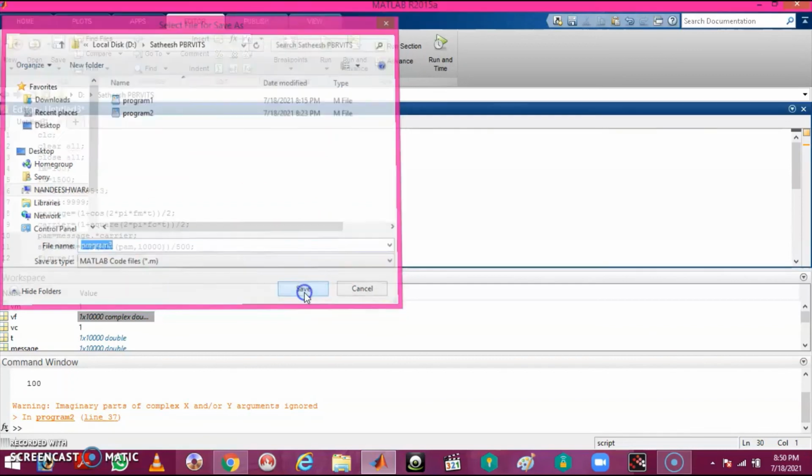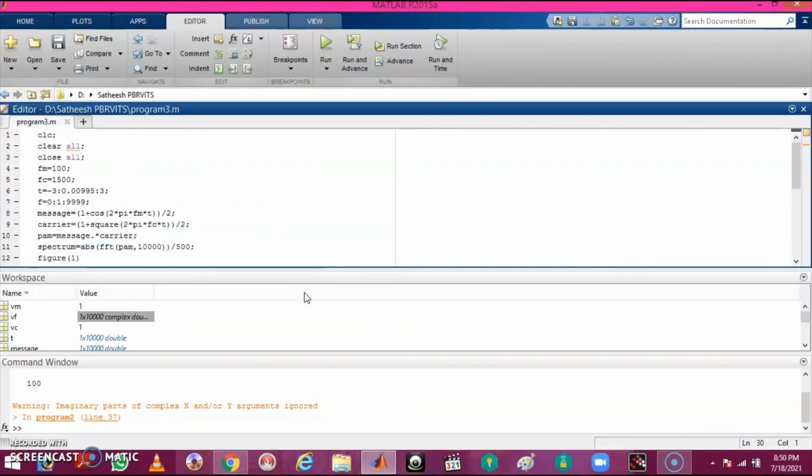We have saved the program and now we are executing. We are clicking run, so it is executing and it will take some time, and we will get the result of this program.